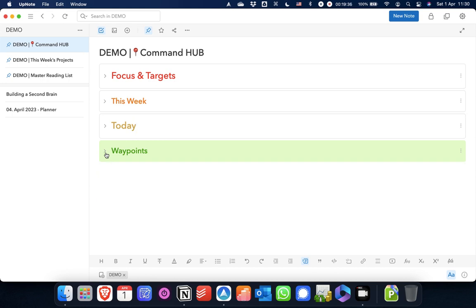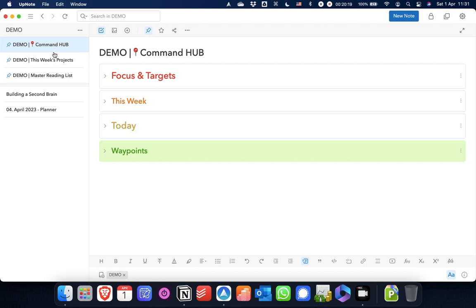I have all of these in collapsible sections, so I can see what I want to see whenever I want to see it without having to scroll up and down through a big long note, and I can hide it from view whenever I want to as well. And the command hub is, as I said, one of the key things that I use each and every day, and I find it really, really helpful to set it out the way I have done. It's always evolving a little bit, but these are just some ideas of 3 dashboards that you can create within UpNote, and hopefully that will give you some ideas on how to use the features and functions within UpNote to